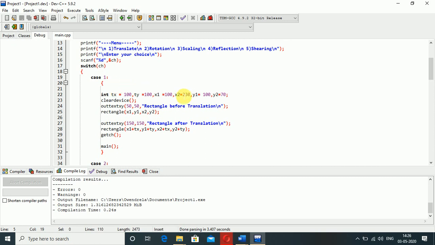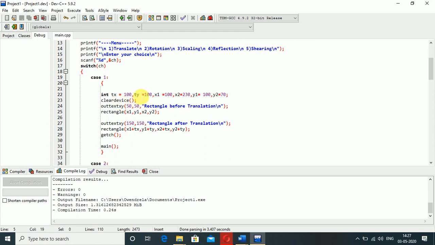Case 1 is a block for the translation. I have taken 4 points, x1, x2, y1 and y2, because I want to draw a rectangle. And what are tx and ty, guys?